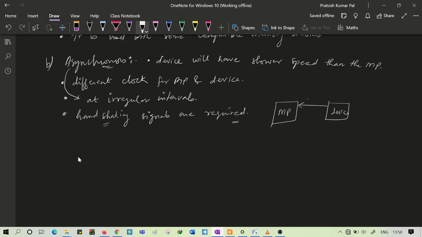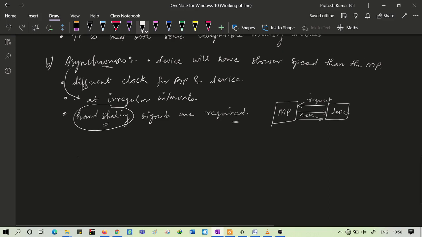So it will send a request and it will send the acknowledgement, and if the microprocessor is available and it accepts the request and sends the acknowledgement, then the data transfer will take place. So these signals, like requesting for a data transfer, requesting for permission and then accepting the permission, are basically called handshaking signals. So in asynchronous data transfer, handshaking signals are required.